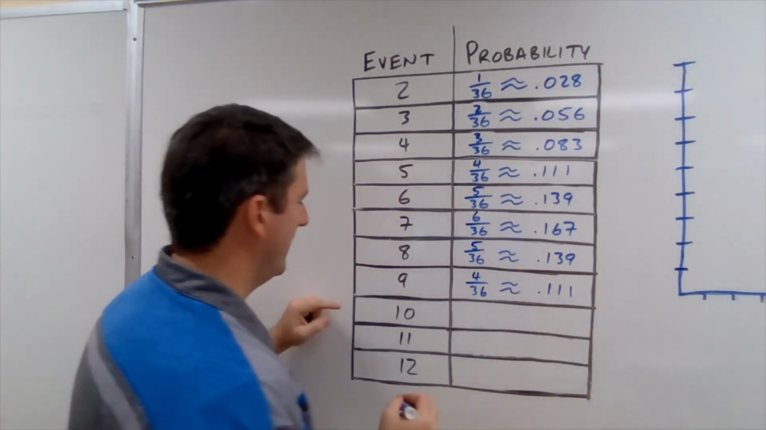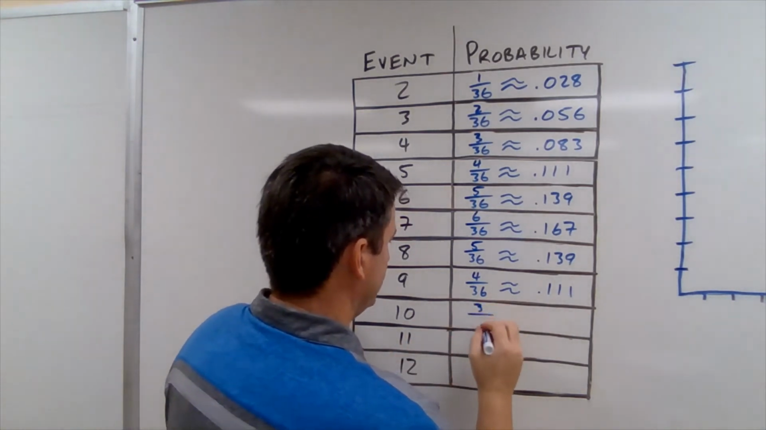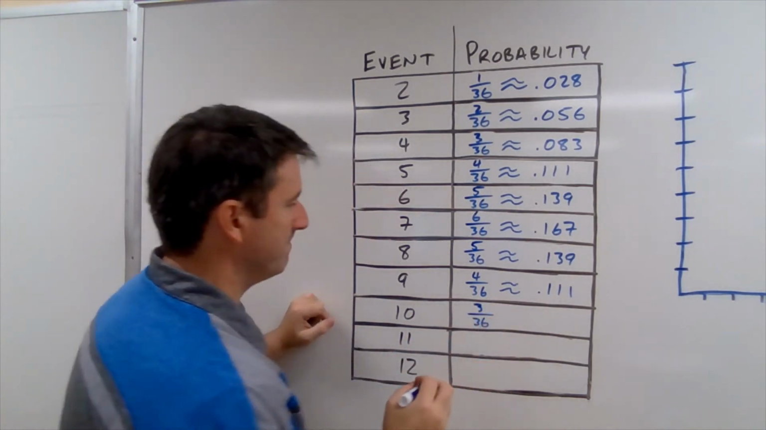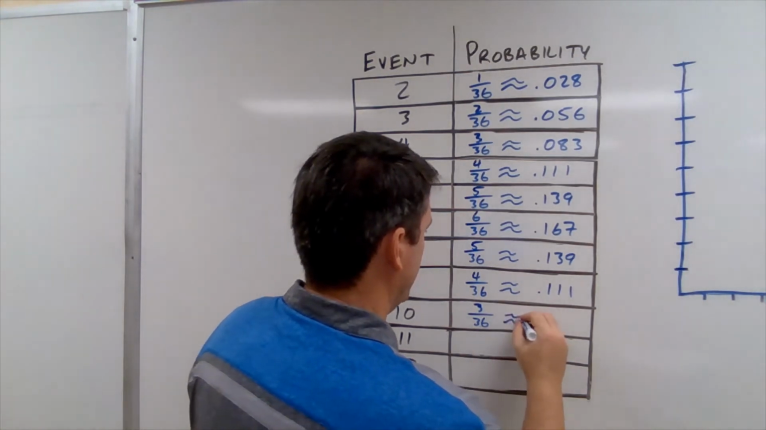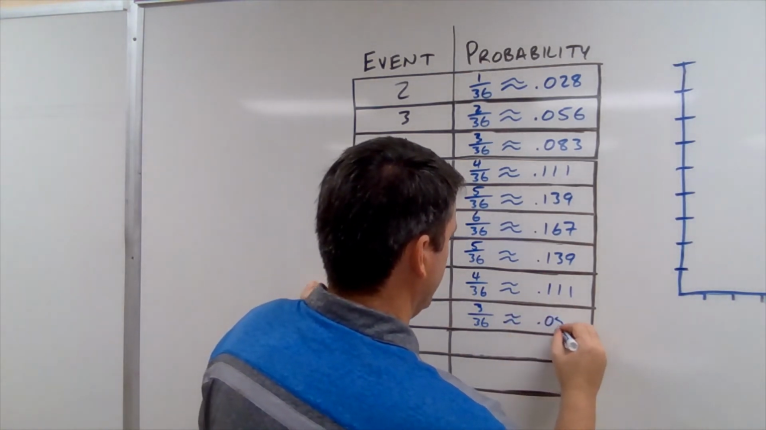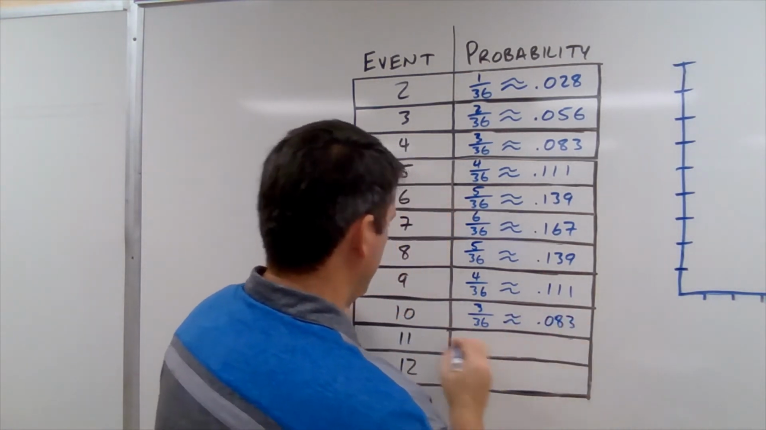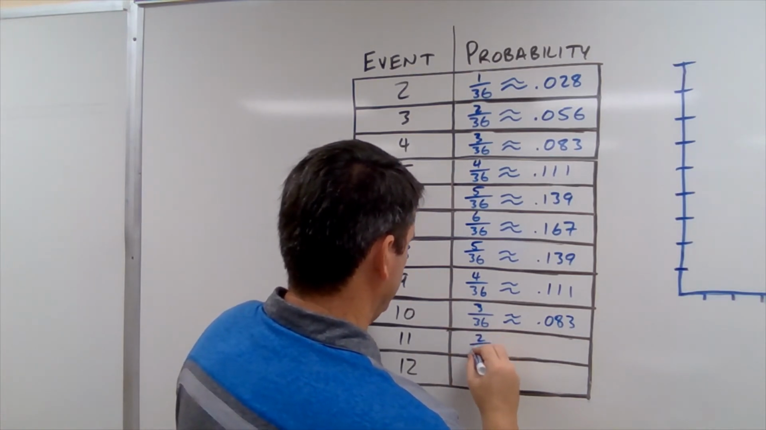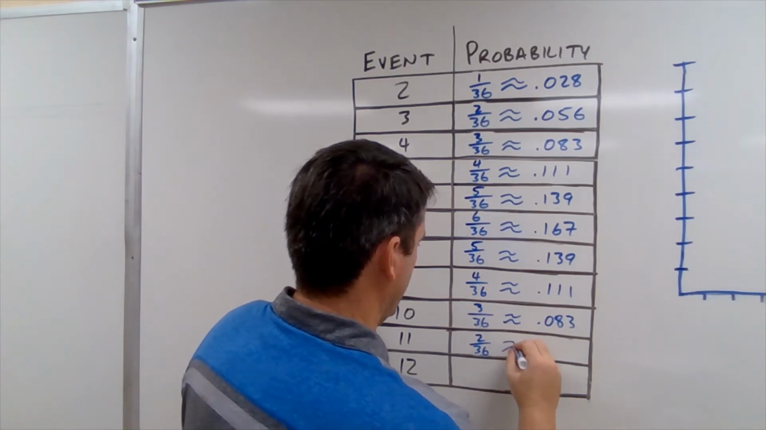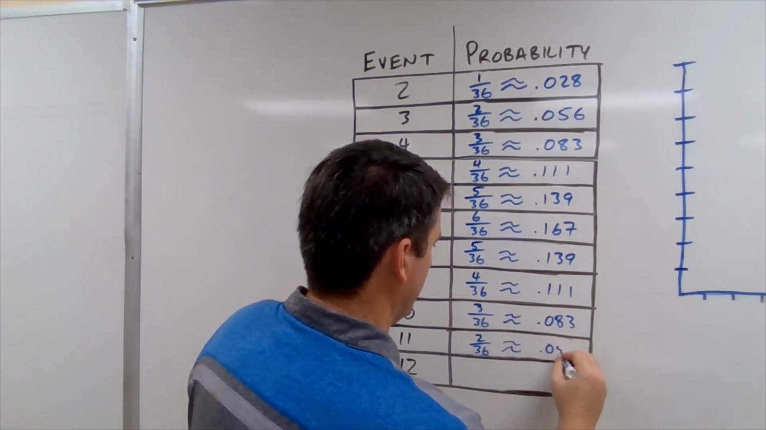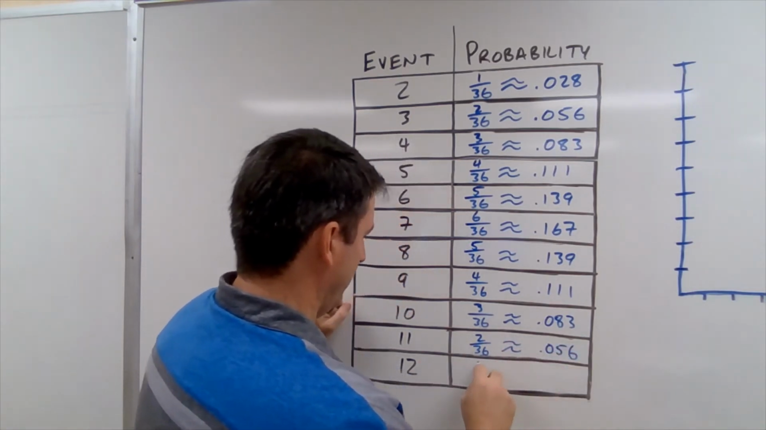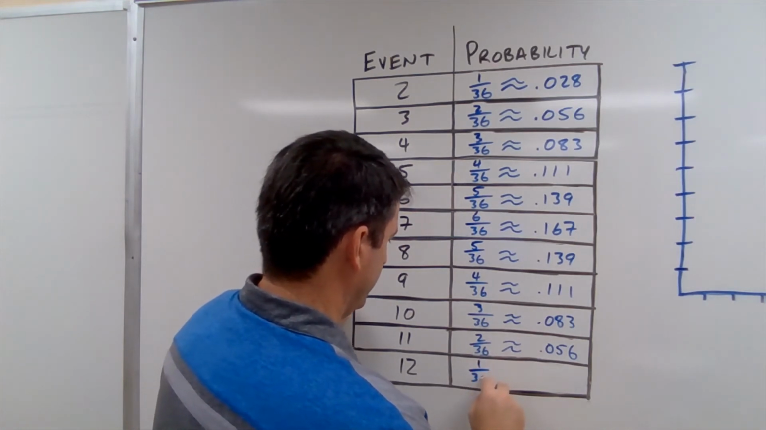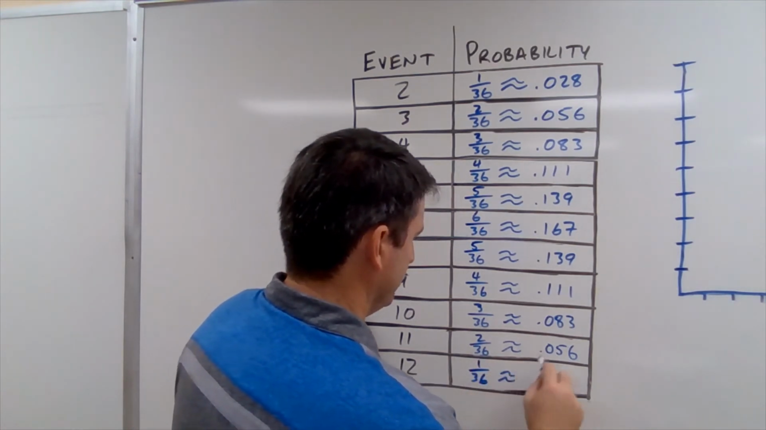For a 10, there's 3 ways, which is, again, about 0.083. There's two ways to get an 11. So 2 divided by 36 is about 0.056. And there's one way to get a 12. So 1 divided by 36 is about